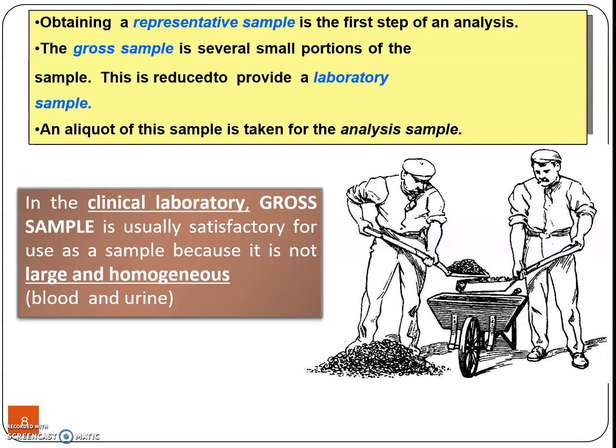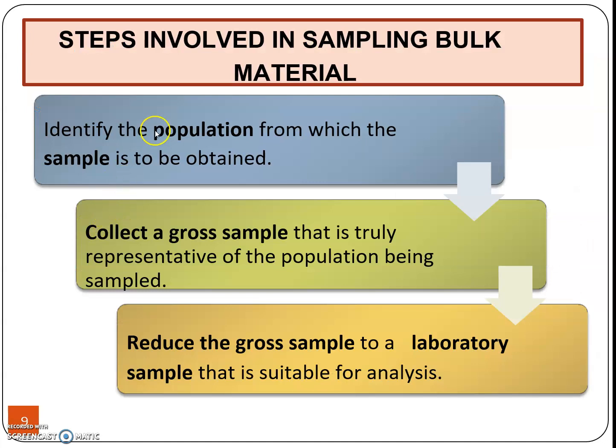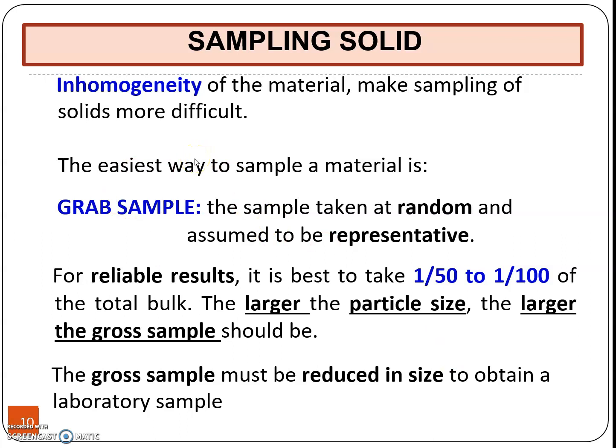Okay, so maksudnya contoh blood or urine, kan kita ambil sampel blood atau sampel urine tu, yang itulah kita bawa masuk analisis kan, so dia teruslah gross sample tu lab sample lah for clinical sample. Okay, this one like I mentioned just now, identify the population and then collect gross sample and then reduce gross sample to lab sample. Okay, so sample must be representative and homogeneous. Alright,